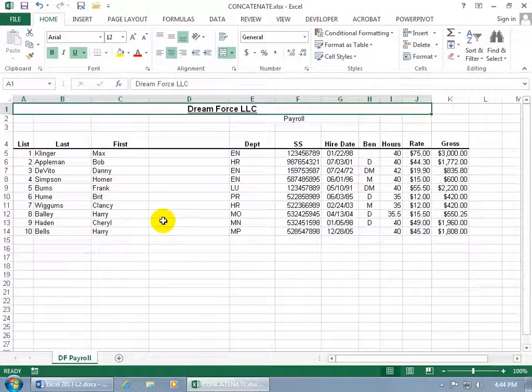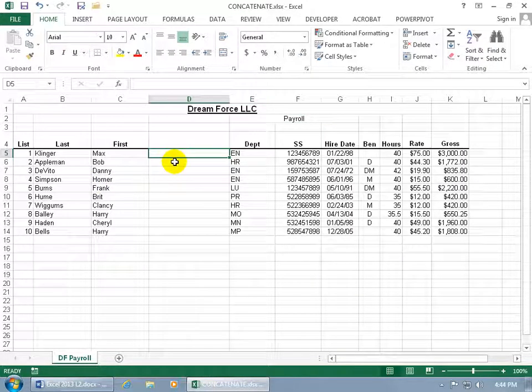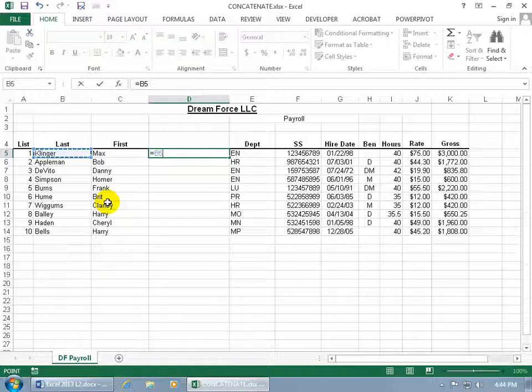If you have a database and you've got two cells that you want to combine, or two columns in this example, then come over here to the available cell, and you can do it one of a couple of ways. You can hit the equals key on the keyboard and then reference the first cell, so we've got last name, and then type in the ampersand symbol. That means it's going to combine it with, hit the space bar, open quotes, comma, close quotes, space, type in